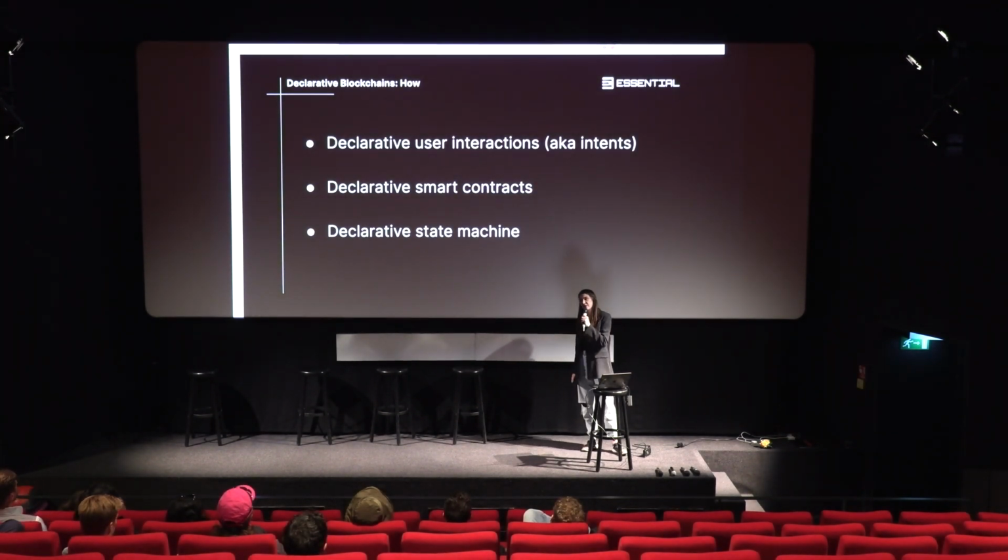Okay, so the declarative blockchain flow, how does this all work? How does it tie together? So every step in this flow, rather than switching from declarative back to imperative, as current intent systems do, stays declarative the whole way through. So first off, users submit their intents declaratively in the form of constraints. So they're expressing, this is the outcome I want, not how to achieve it, not setting any instructions. And users within these systems are able to directly constrain state that they own, and this can actually be enforceable on-chain within the system. Then you also have the concept of smart contracts becoming declarative.